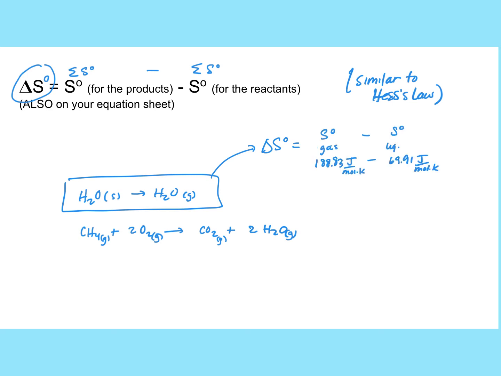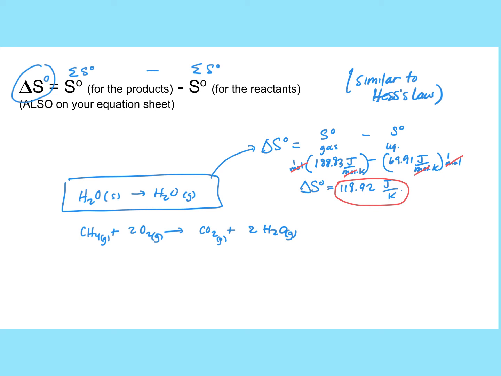So here we have the values that I found on the table, and in this case, notice because there is 1 mole of the reactant and 1 mole of the product, the moles cancel for both of these, and I end up with a unit of joules per Kelvin for my delta S. Notice also there are no negative entropy values. The lowest entropy a substance can have is defined as 0.